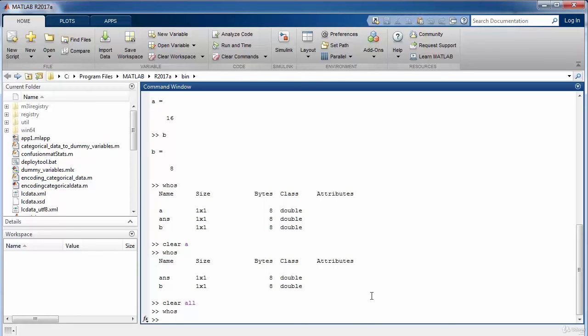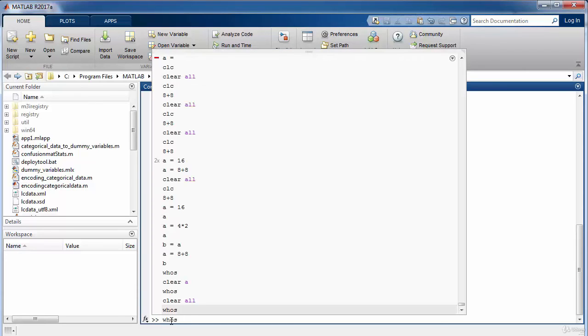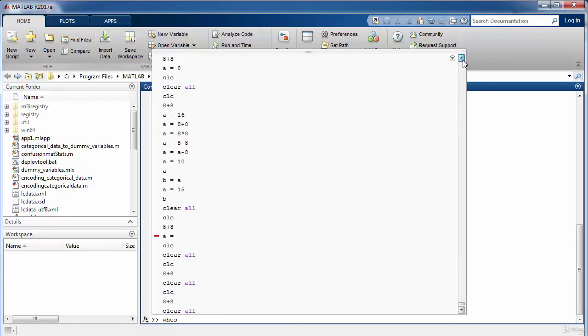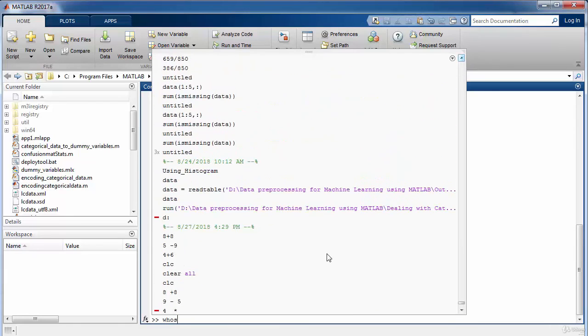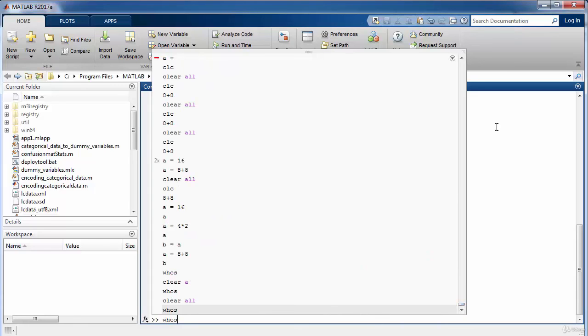Finally, if you hit the up arrow key on your keyboard while your cursor is in the command window, it is going to display the list of all those commands which you have just executed. It's a kind of history of all the commands that MATLAB keeps track of, and it also adds a timestamp to all those commands. This means that all these commands were executed in this particular session where MATLAB was initialized at 4:29 p.m. on the 27th of August. Later on, if you close it and reinitialize MATLAB, then there will be another timestamp over there.